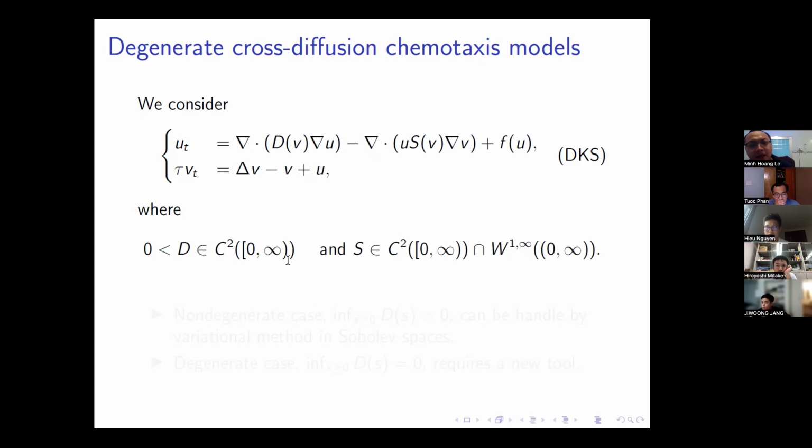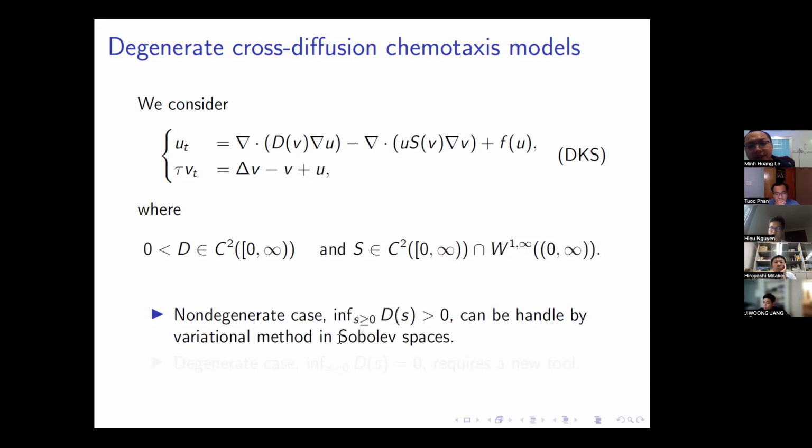And here, in the second equation, we consider tau equal to 0 or tau bigger than 0. We call it the non-degenerate case if the infimum of D is positive, and this one can be handled by variational methods in Sobolev spaces. For the degenerate case, when the infimum of D equals 0, it requires a new tool, and that tool was